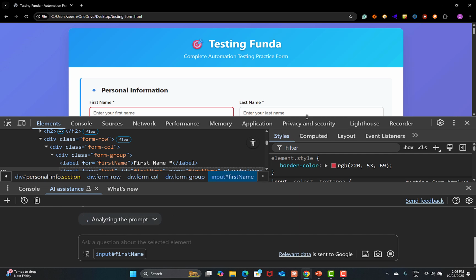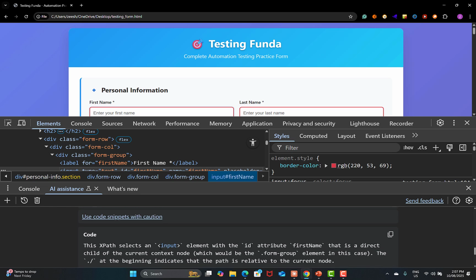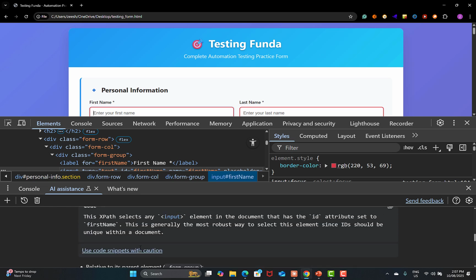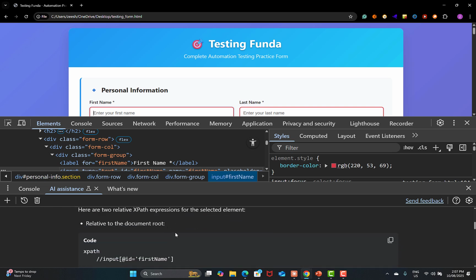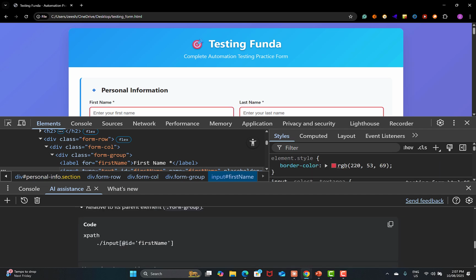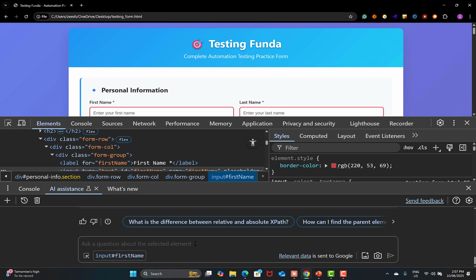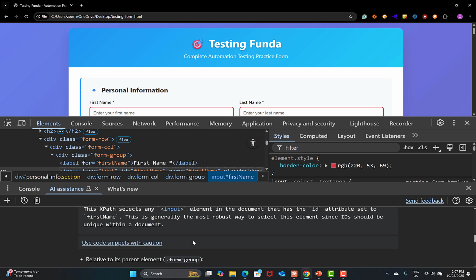So it's analyzing the prompt, and it came up with the XPath. But this XPath will most likely be unique in nature because this particular AI assistant has access to your DOM. So here it actually provided multiple XPaths again. Here are two relative XPath expressions for the second element. This is the one, and this is the one. Okay, and here you see that it doesn't give us more options, right? Because it has